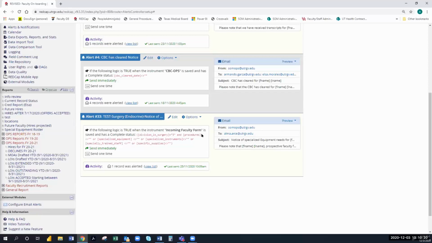Vern, can you see what I'm talking about? Who else is on? I'm looking it over too. And Manny, do you see that too? I mean, yeah, I think you're right, Terry. Yeah, I think so too, Terry. So you'd have the division in surgery equals 3 and procedures not null, parentheses as one condition, or specialized equipment. Or now, Alma, is the